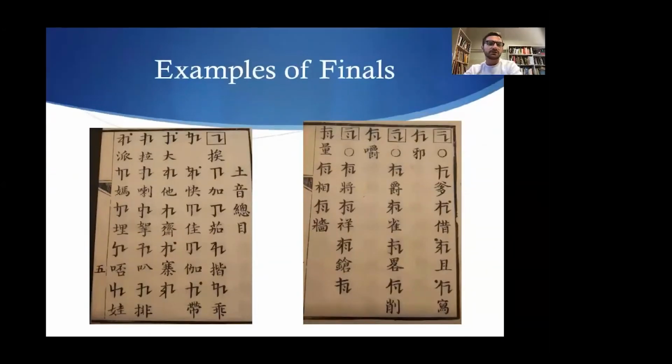So over here on the left image, these are examples of the finals. In that top right box in the left image, that's one of the finals. And then if you go down the list, you can see it attached to the initial on the right hand side of each symbol. You can see the left is different as you go down, and the right is always the same. And in between, it will have a Chinese character telling you the pronunciation. So that's how the manual works.